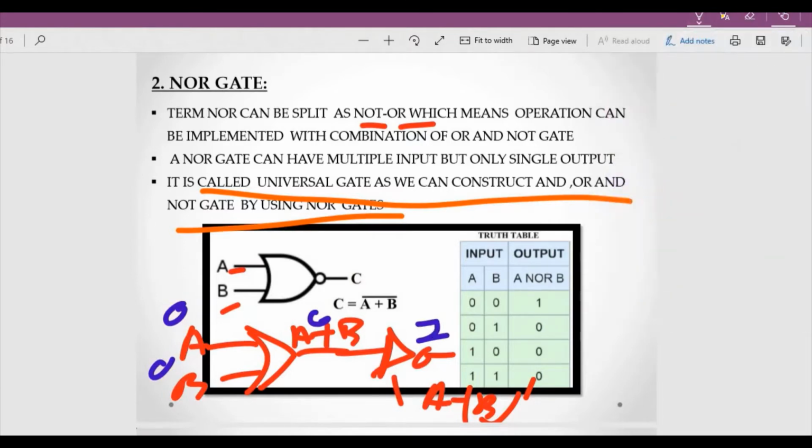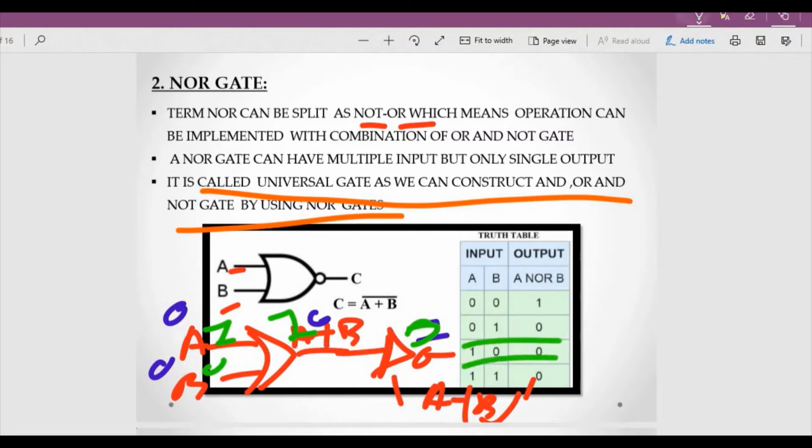Okay, now the next case. Now in next case we are taking either of the input is 1 and another one is 0. Okay, so we are taking this as 1 and this is 0. So what will be the addition of it? Obviously the addition of it would be 1 plus 0 is nothing but 1. And what is the complement of 1? It is the 0. So you are getting these two values.